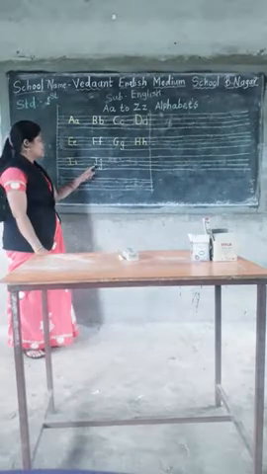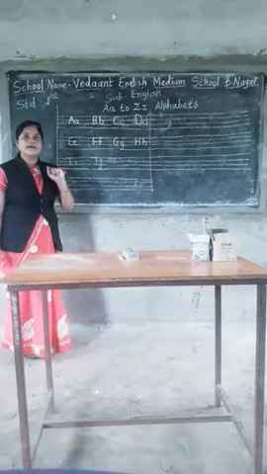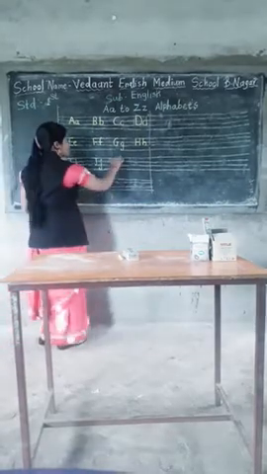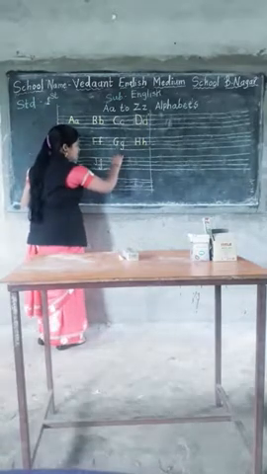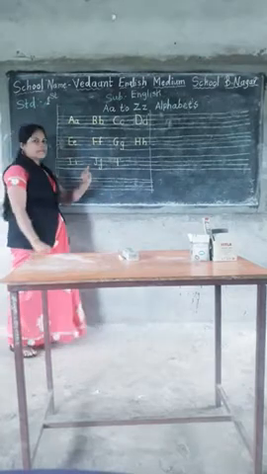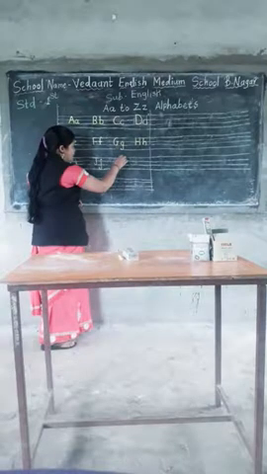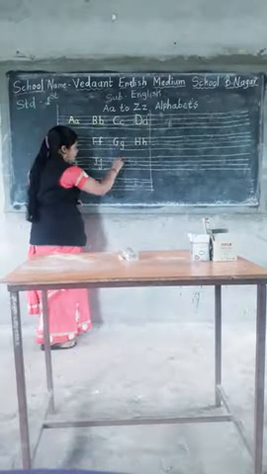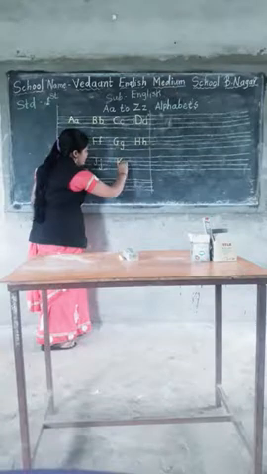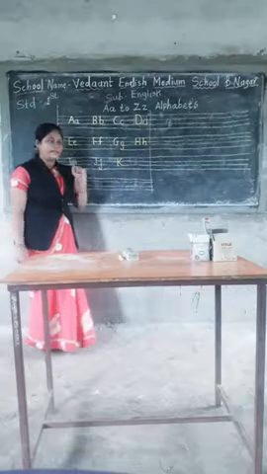After j, which letter comes? It is K. So how to write K? Let's see. Go to the top, draw the standing line in this way. After that, go to the top again, and here is the slanting line. Connect to the middle line and go to the third number line. In this way, you write the capital K letter.